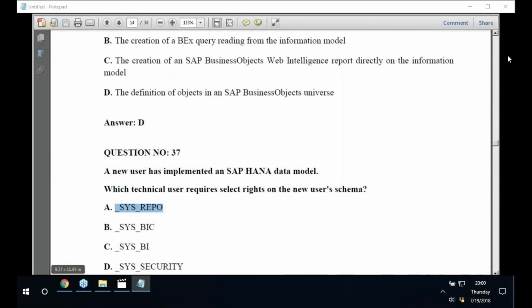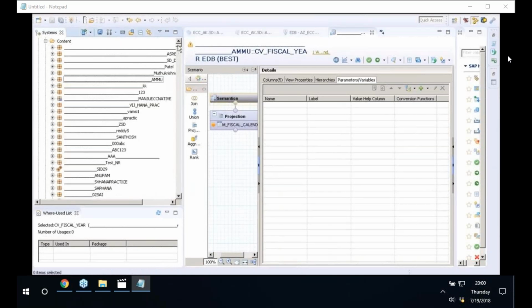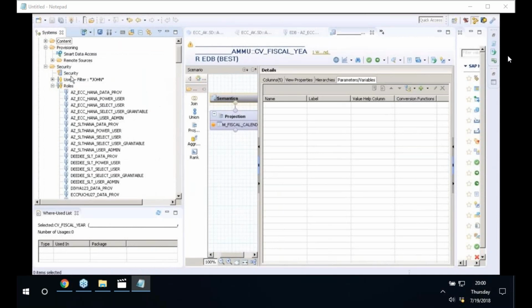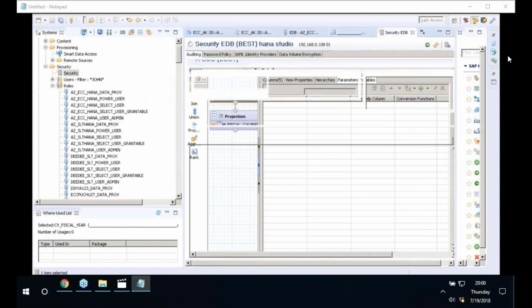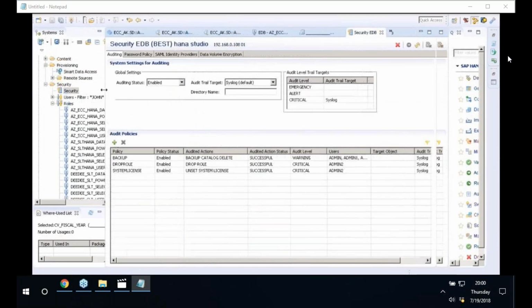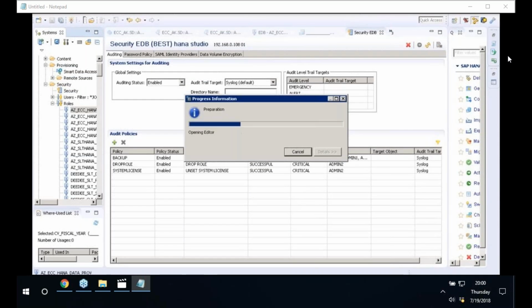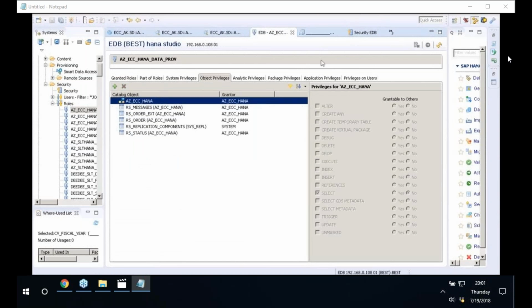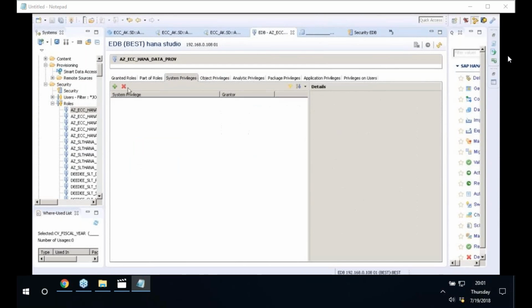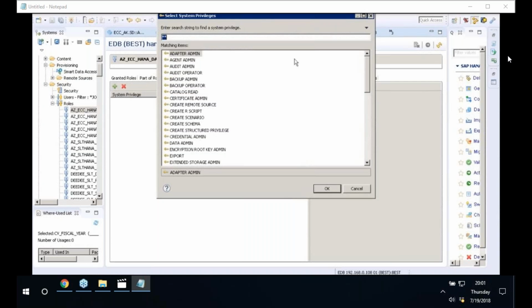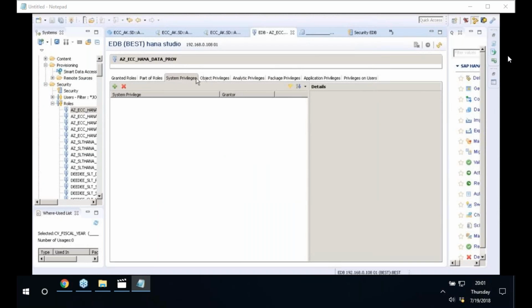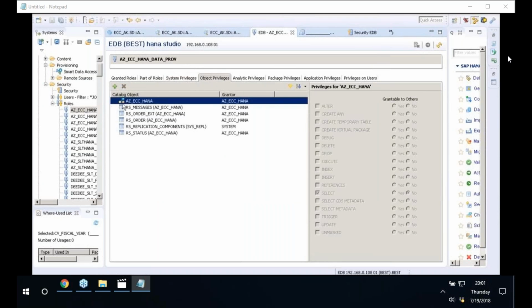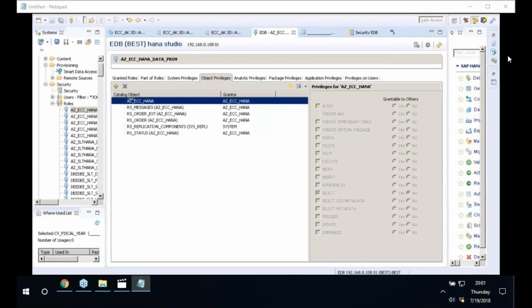So if you go back to the HANA Studio, go to the security, expand, double click on the security. Once you double click on the security, double click on any of the roles, select the schema. Here click on roles. So this is the schema. For this schema, what you need to have, if I go to the user,